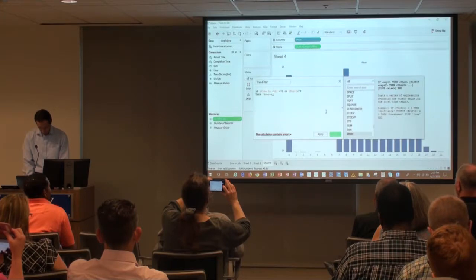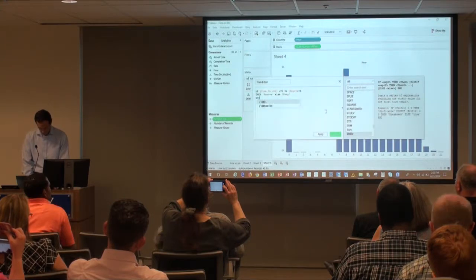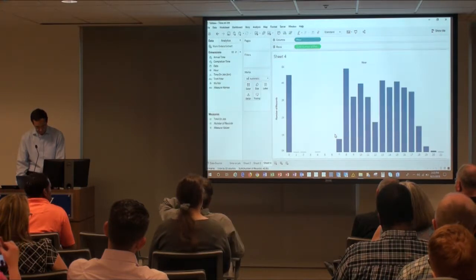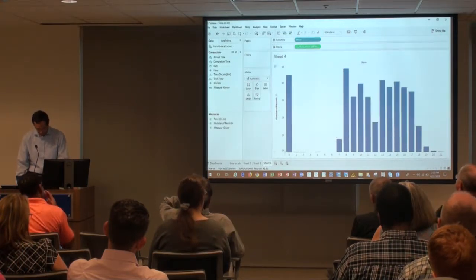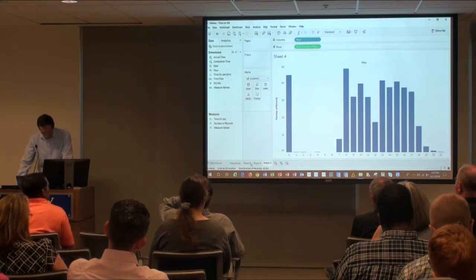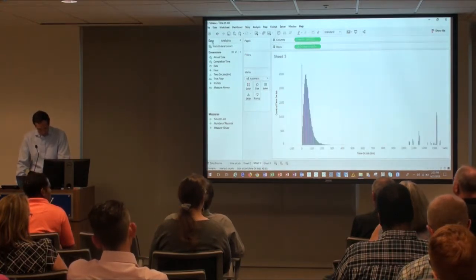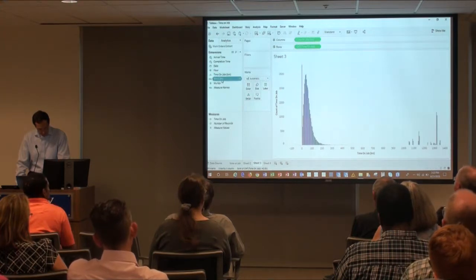Any of those conditions. Else, we'll keep it. All right, so let's see what we got. If we go back to our histogram here, let's just put the trim filter on color.